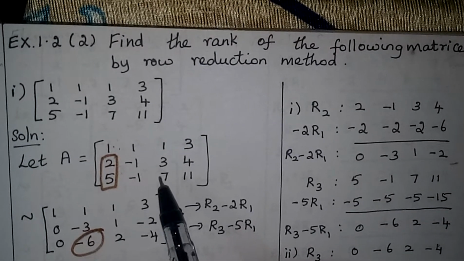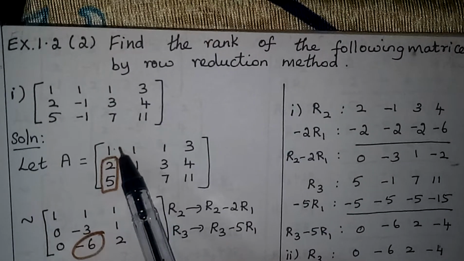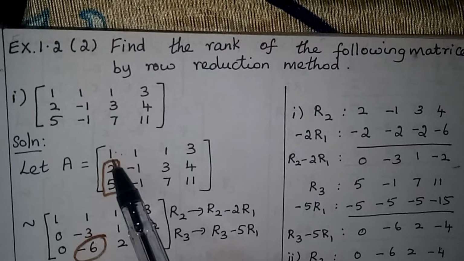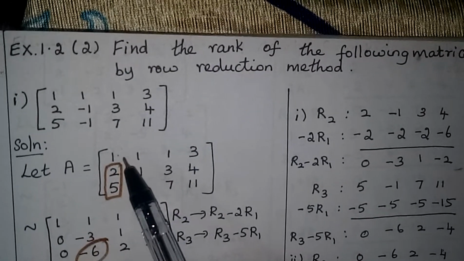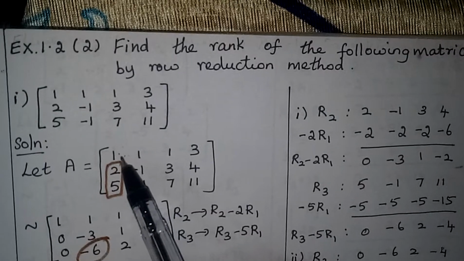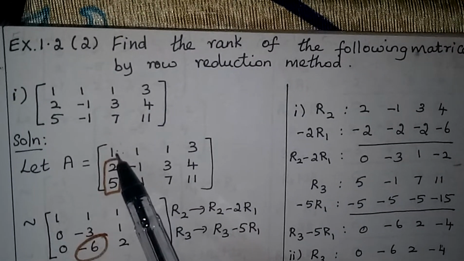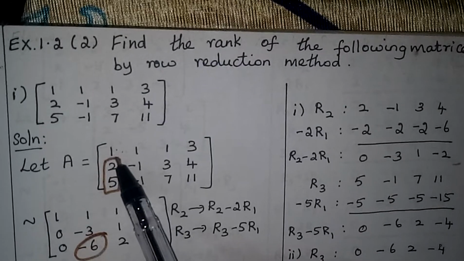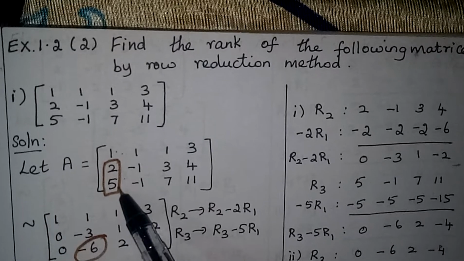So first what you want to do is, usually we will make the first term as 1. Even if it is not 1, no problem. But if it is 1 means the calculation will be little bit easier. Here already it is 1 only. So we can keep like this itself. So now the first non-zero element in the first row is 1. Below that, what are the terms we have? We have to make it as 0. Isn't it? These two terms we have to make it as 0.